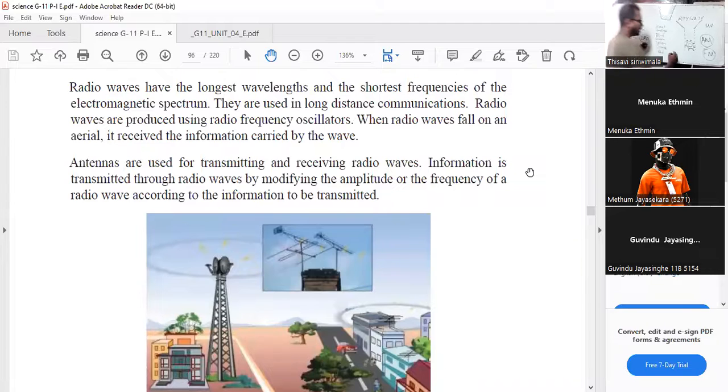And in Sri Lanka, legally, 88 to 108 megahertz is the range allowed for FM transmission, for radio transmission. So that's what they are telling: 106.5